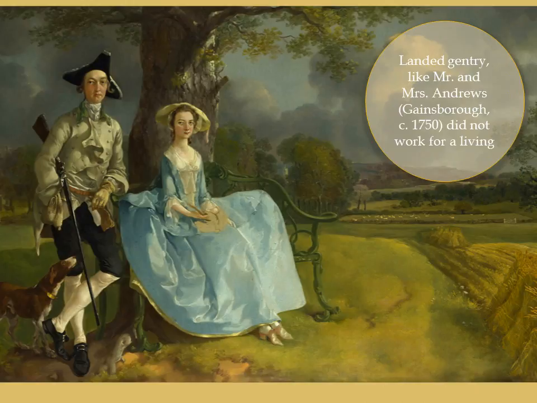So, yes, when I say they owned land, people like Mr. and Mrs. Andrews here, painted by Gainsborough in around the middle of the 18th century, all of this land would belong to them. Okay, you can see the cornfield here, that would be bringing in money. There would be people who would work on that field and bring in money, farming the land. You can see the sheep over here, again, there would be a shepherd who would be responsible for those. He's got his gun, there would be rabbits, pheasants, and those sorts of things on the estate, and it would be his hobby to shoot them, and servants would cook them up for big feasts with his